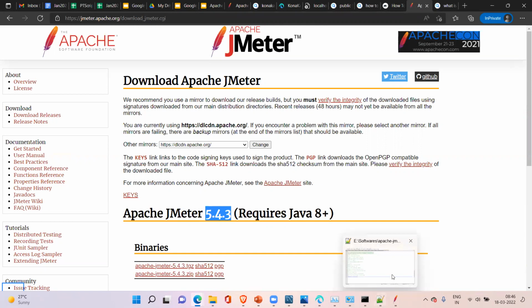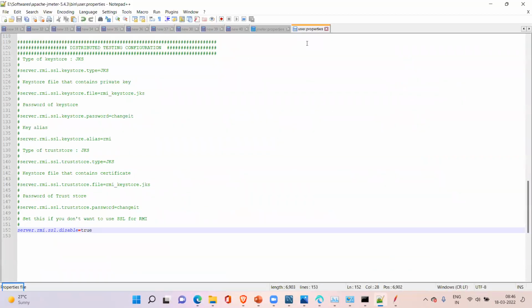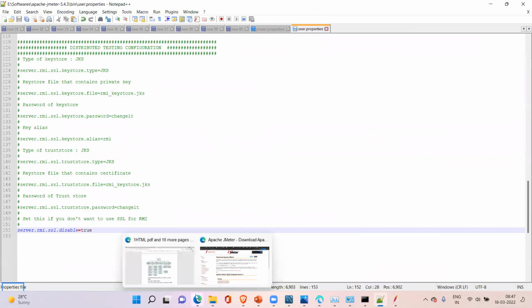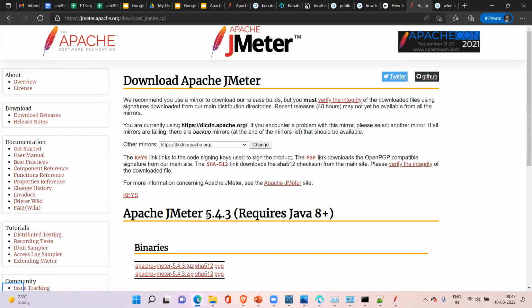But you already modified some JMeter properties, right? You need not modify them in the new version also. You can simply copy this user.properties to the new folder, JMeter 5.4.4 or 5.5. Clear, guys? For example, tomorrow Apache released the 5.5 version.